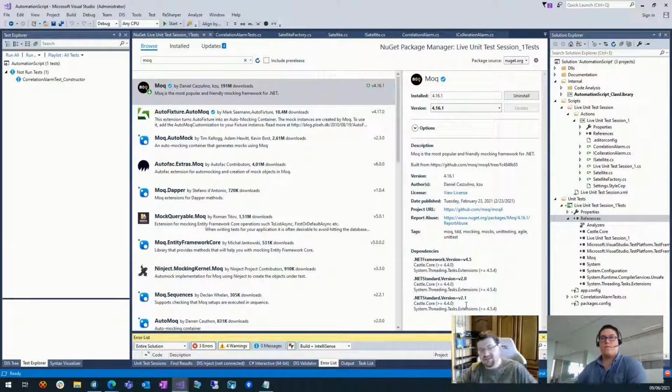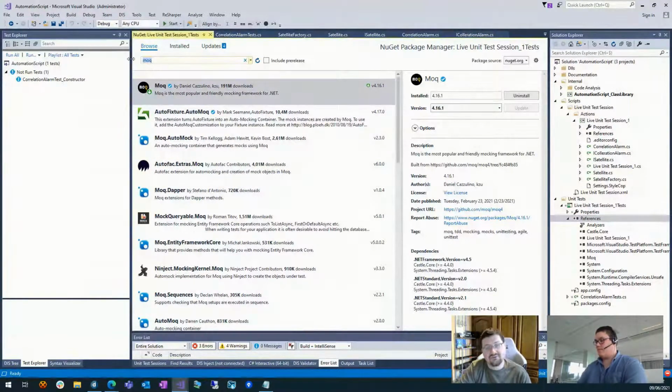We've installed that one. There's a second NuGet package that's super useful, and that's actually more to do with the third thing. So MOQ is for the arrange part. The act part we already wrote, it's just your actual code. But the assert part also has a whole bunch of libraries.